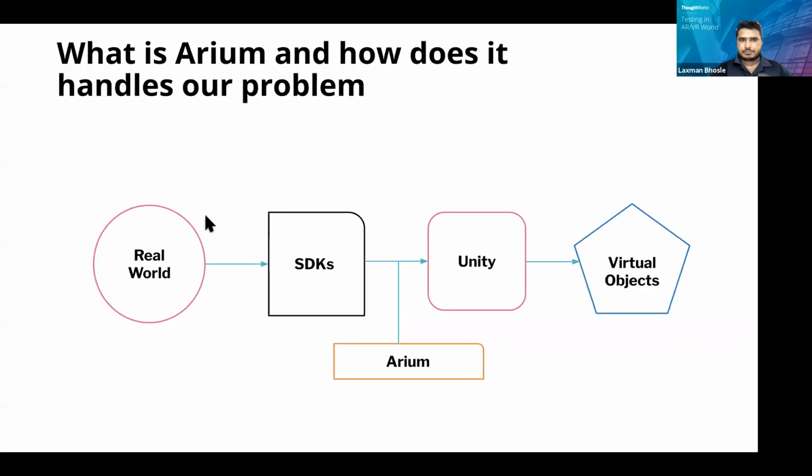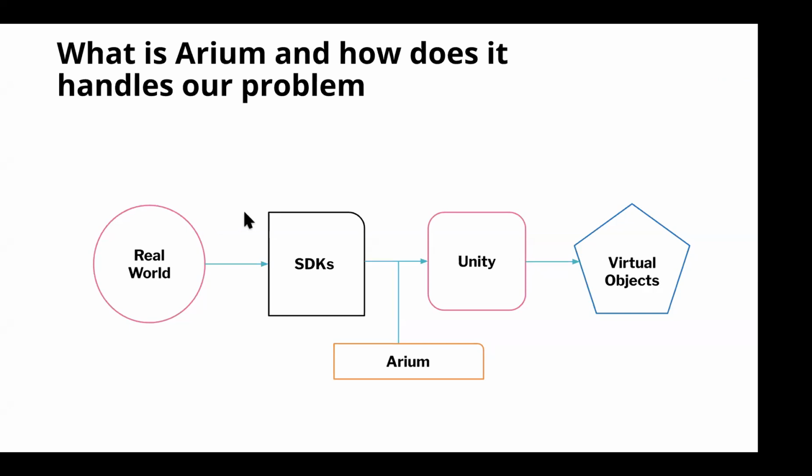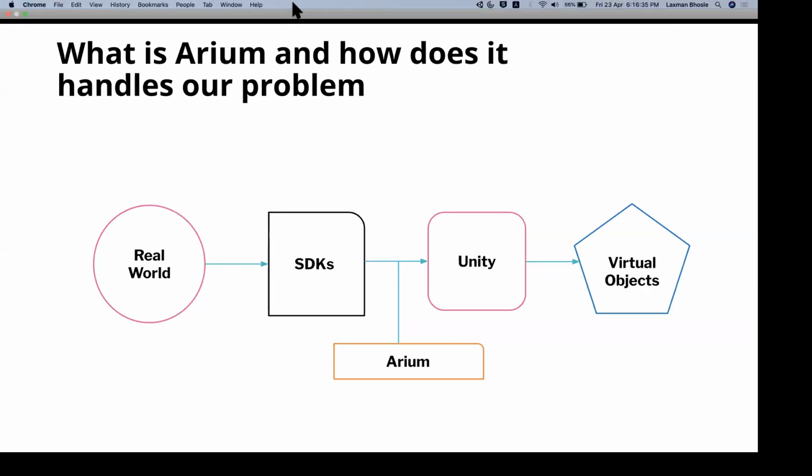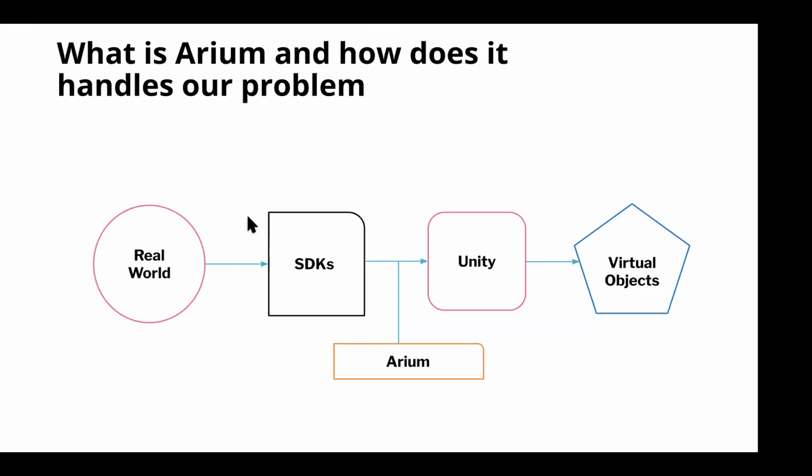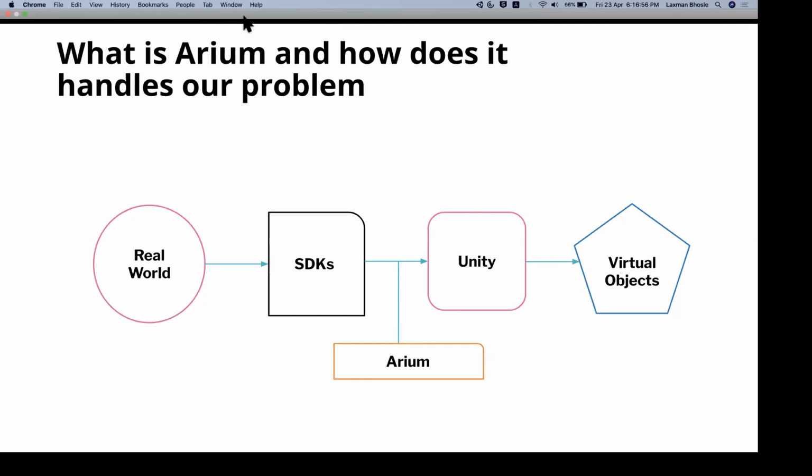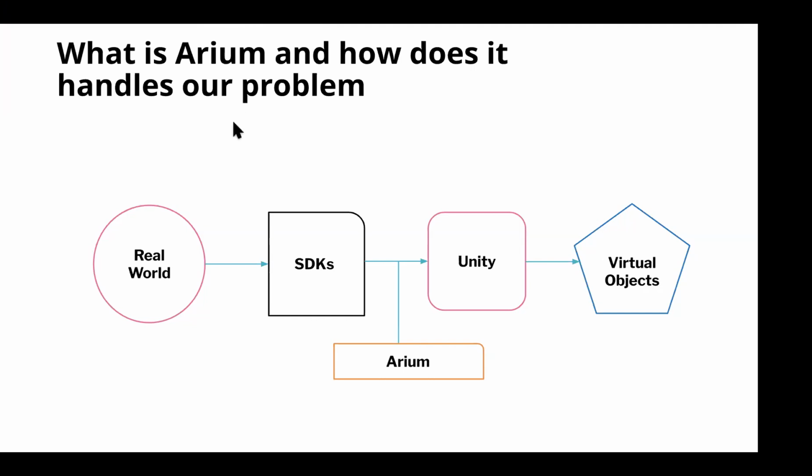Yeah. So, understanding this slide. Arium was developed by a bunch of thought workers. So, what was the problem they had? There was no tool for integration testing in the XR world. So, they wrote a few files of code for their internal application. But then they thought to generalize it and make a framework out of it so that it can help everybody.